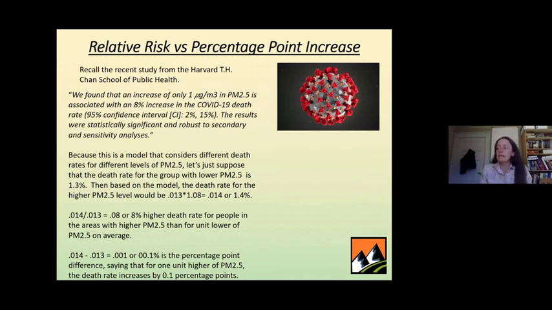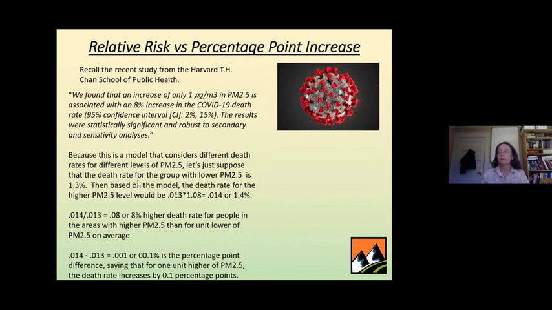So I just want to talk about, we don't have time to go into large detail, but the difference between relative risk versus percentage point difference or increase, because I think that it can be quite confusing when you're first starting to read some of these public health publications. It's important to know the difference when we're talking about relative risk versus just a difference in percentages. So there was a study on air pollution and COVID-19 death rate,